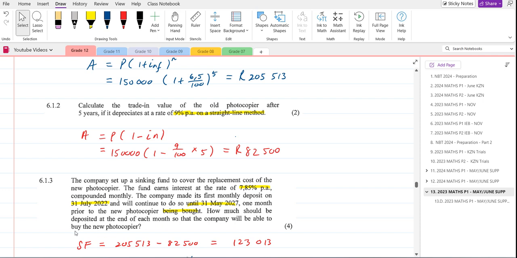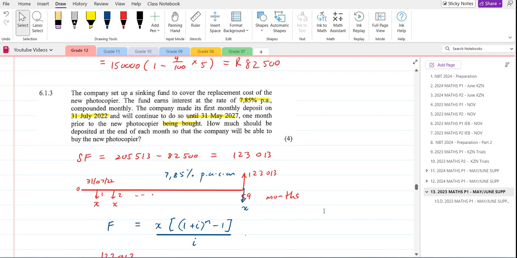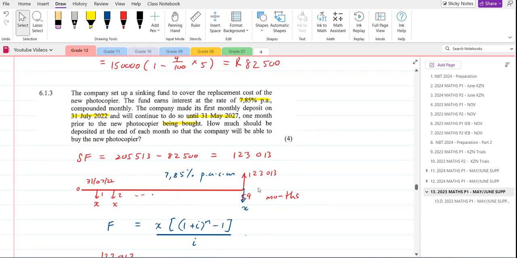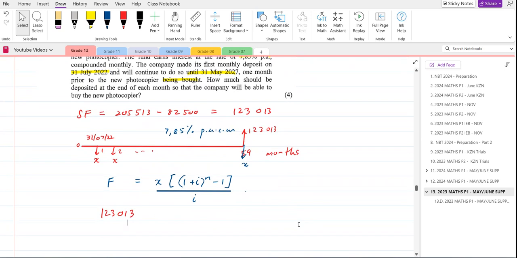So the company will be able to buy the photocopier, but now they only buy the photocopier at the 60th month. After 5 years they need to buy the photocopier, so they only made deposits till X here. We have a missing payment here. Yeah, we have basically a missing payment,